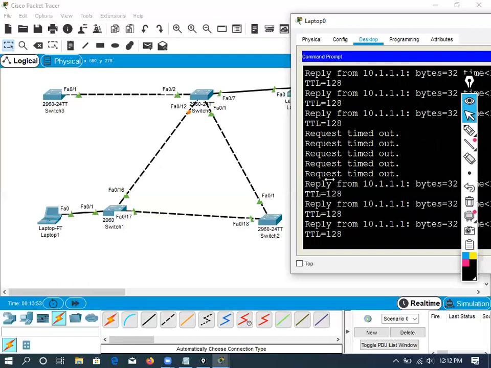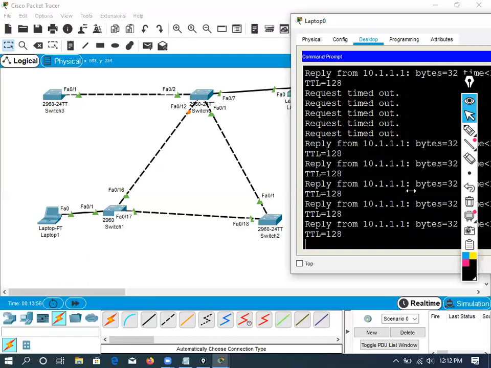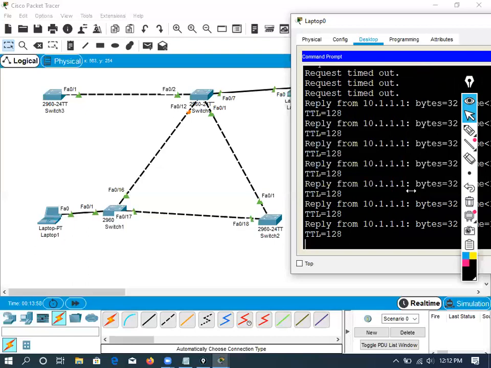Done. Sir, this time also, the process will happen. Listening, learning is the same. The same port which was blocked before has again become the blocked port. Because that has the higher MAC address. Even the cost value is also the same. So if you change the cost value, then it will be different. Got the point here? Any questions, any doubt on this? This is how it happened.